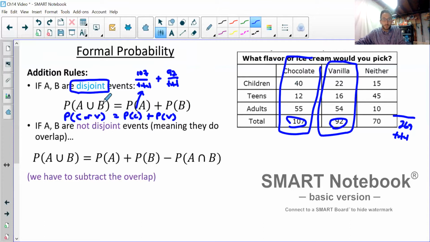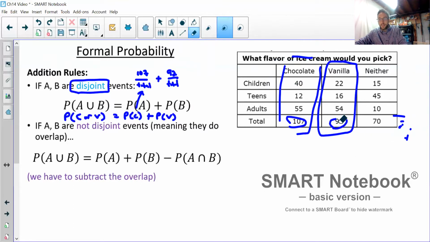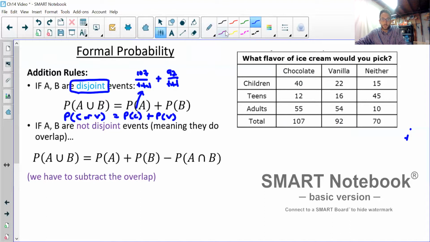So here, if we have disjoint events, we can just do A plus B. We could just do chocolate or vanilla. But we've also seen examples working with two-way tables where we have events that are not disjoint. So before I even look at the formula here for this purple situation, let's say I have events that are not disjoint. So let's say I have the probability that someone is a teen or, right, union,